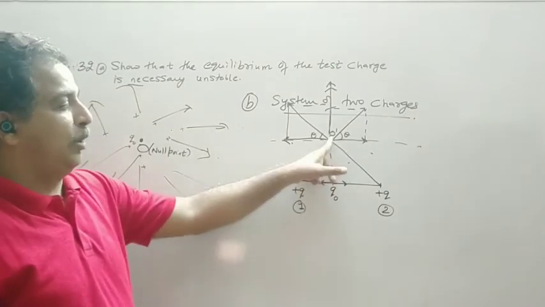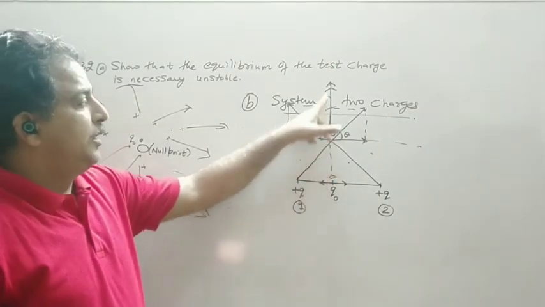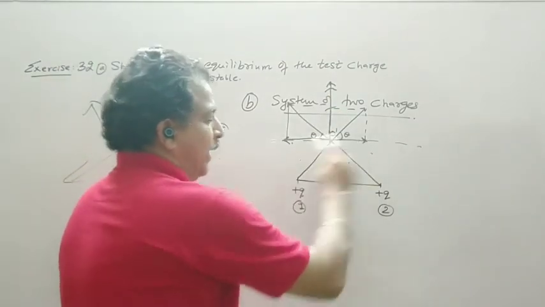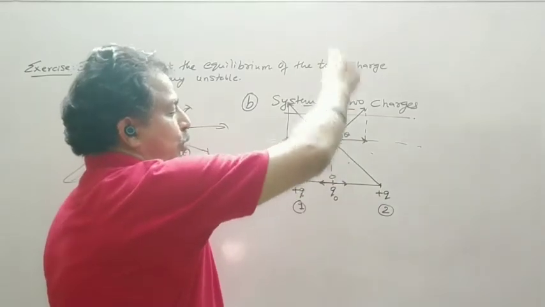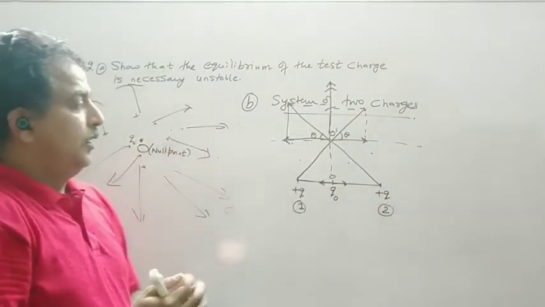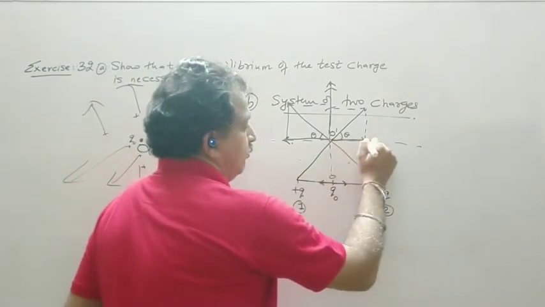So if I move it normal at O dash, these are the two parallel components and these are the two normal components of these two charges. So these two components will cancel